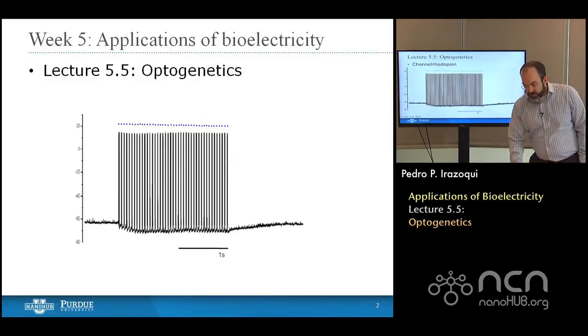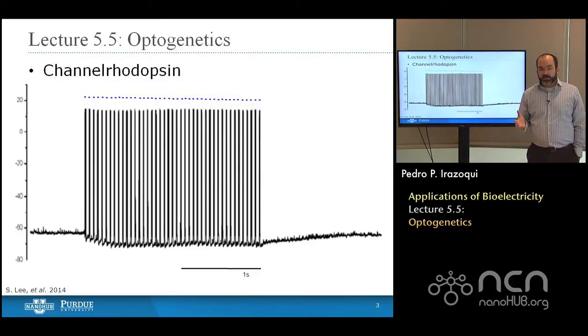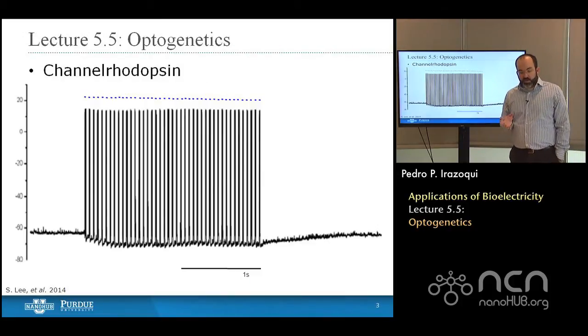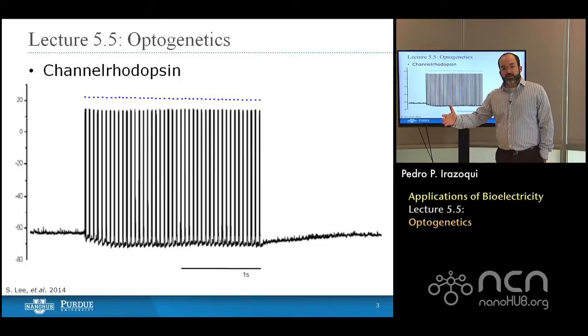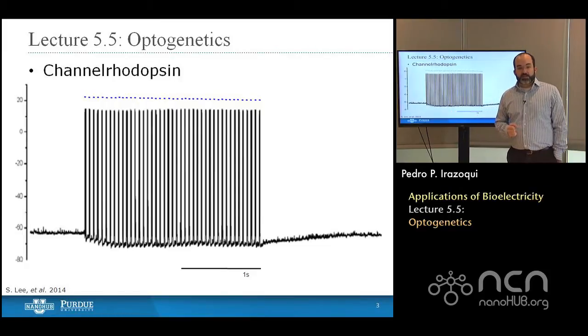There are two types of ion channels that I'll talk about here, though there are many. One is called channelrhodopsin, an ion channel that responds to a specific frequency of light, blue light, in such a way that whenever you apply a blue light to it, it opens up, leading to an influx of sodium ions, followed by a depolarizing shift and an action potential with the outflux of potassium ions to restore the resting membrane potential.